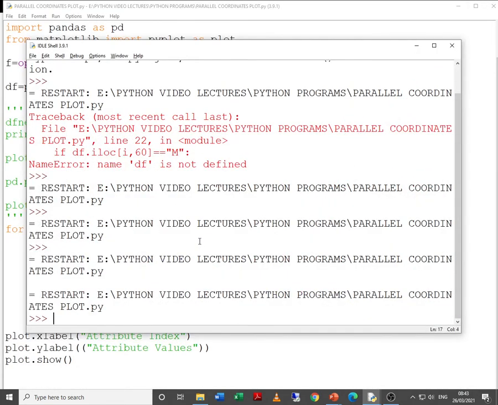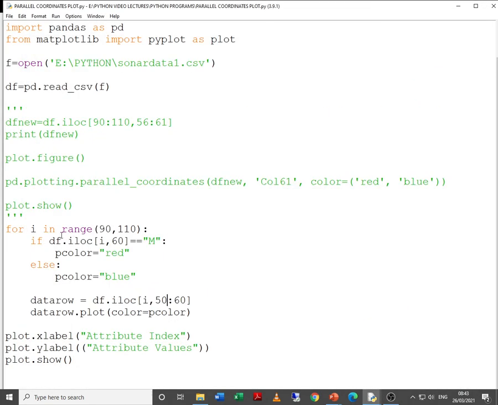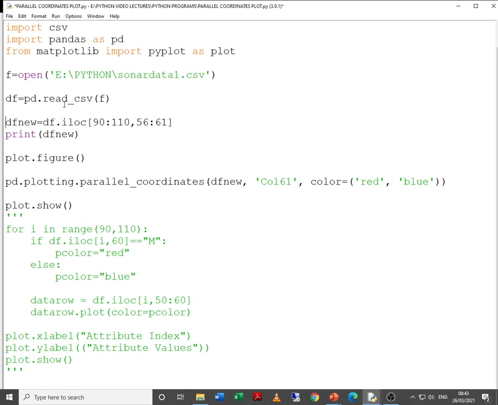Fine. Now again we go to the practical part. This is one method in which we can draw the plot. There are a few other methods also using which we can draw the plot. We are reading the CSV file.